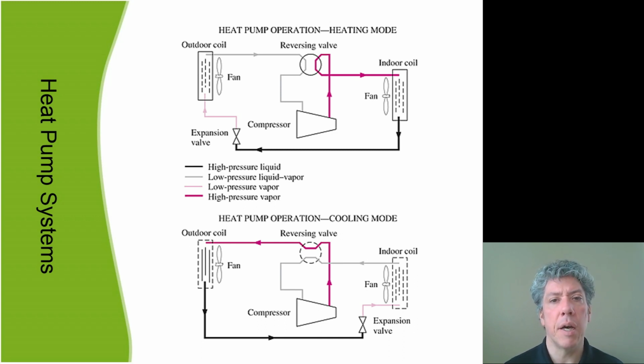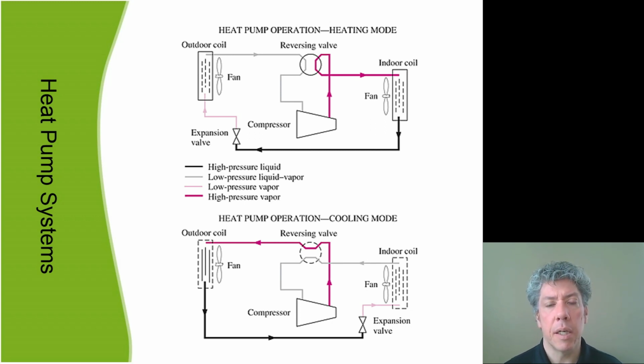Now the output of the compressor is routed through the reversing valve to the indoor coil first. Well, this makes sense. That's going to be the highest temperature point. And so what happens is this refrigerant that is in a superheated vapor phase goes to the indoor coil. Its temperature will drop,